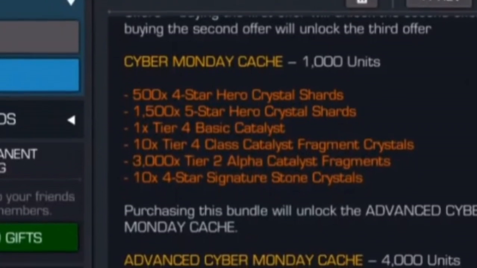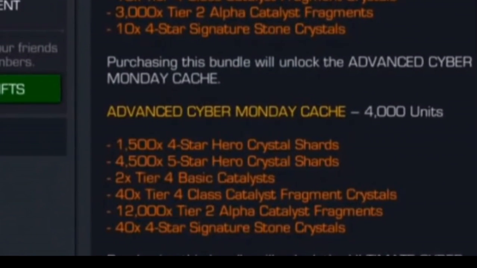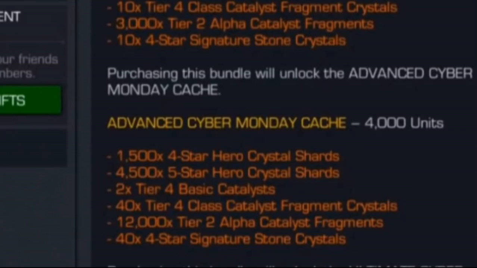Now, below it, you can see the advanced Cyber Monday, which they are still making the mistake of having mostly 4-star 6 stones, which, keep in mind, we've gotten a ton of those in the past from a $30 deal for cash, so that's not big at all. 12,000 Tier 2 Alpha Catalyst fragments, I think that should be bumped up to at least 18,000 for this kind of offer. 2 Tier 4 Basics, 40 Tier 4 class catalyst fragments, and then still with the ratio, this needs to be